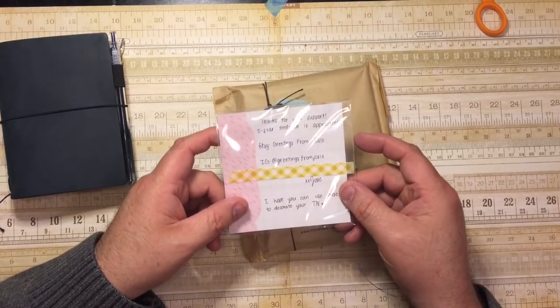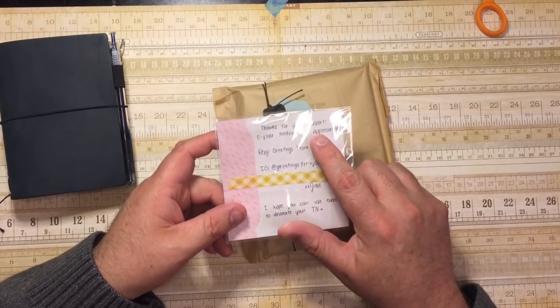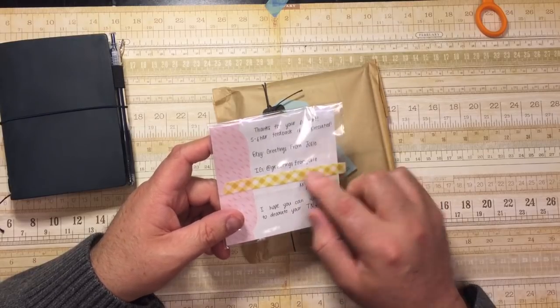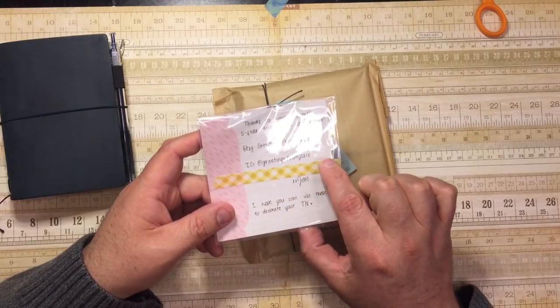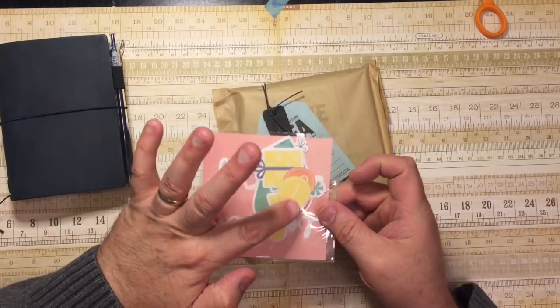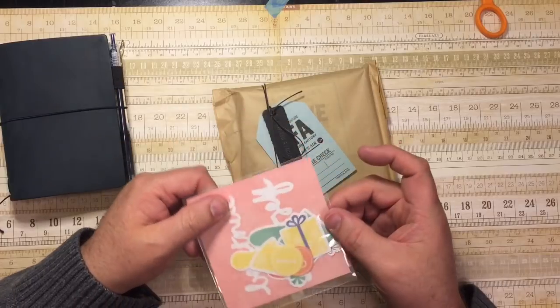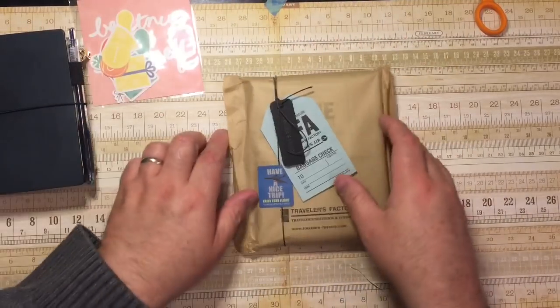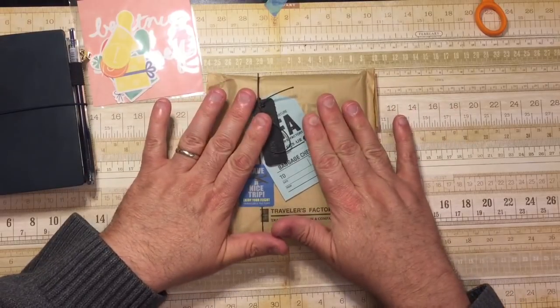Oh, this is a cute little card from Josie. "Thanks for your support. 5-star feedback is appreciated. Etsy, greetings from Josie." That's her Instagram. "I hope you can use these to decorate your notebook." She put some cute little pieces of ephemera in there. Very sweet. Okay, so let's first take a look at the packaging, since this is the first one that I've